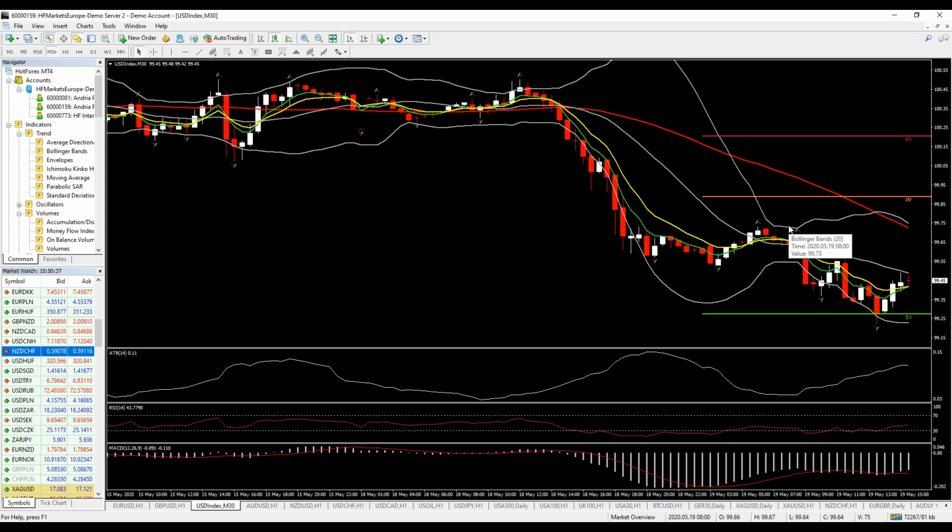So keep it simple. Decide what you want, what you like the most. If you like price action, stick with it. If you prefer a combination, maybe of fractals and 1 or 2 indicators, that's fine, or moving average and price action, that's fine. But price action is only focusing on the beauty of reading the price, nothing else.